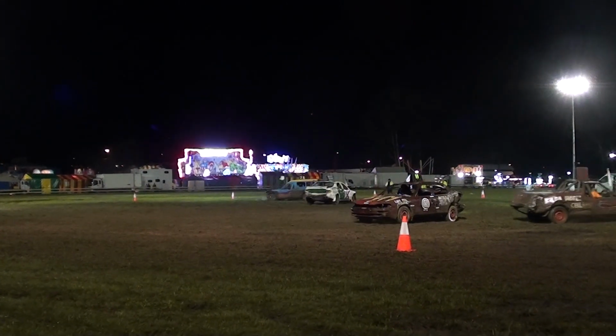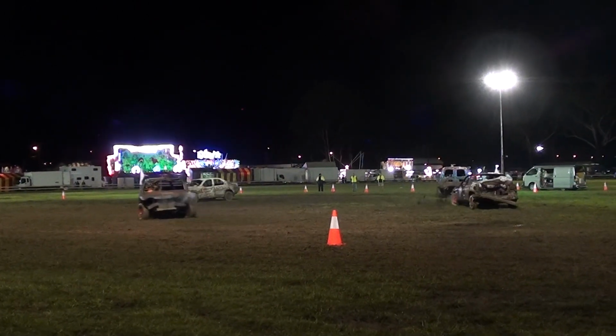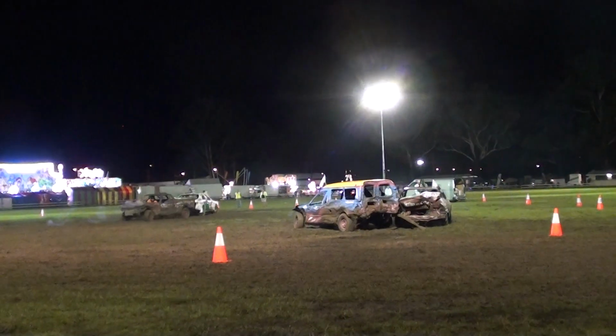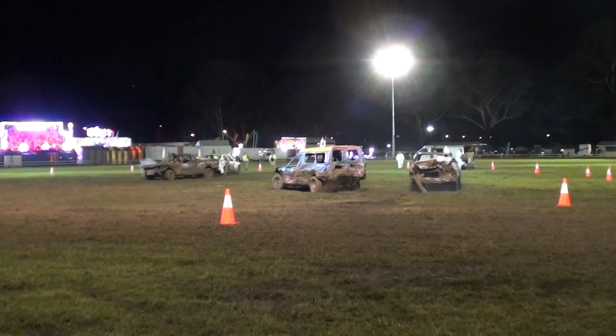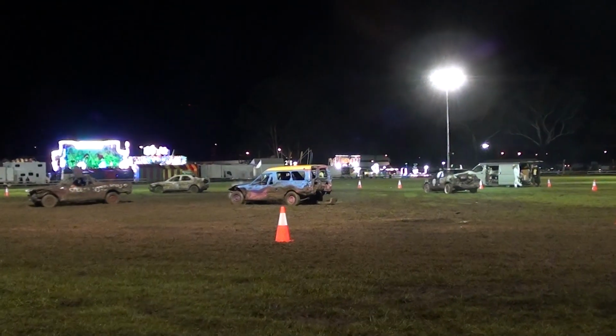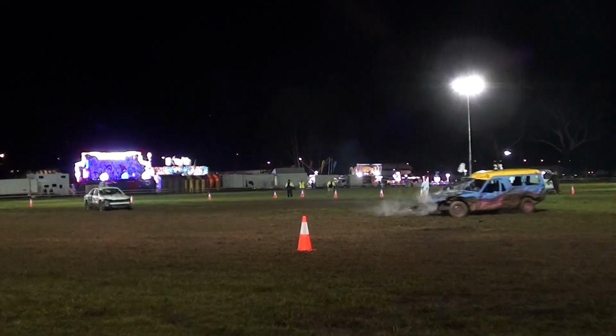The two foursomes of the cars are both the same model again, both late 90s model Toyota Camry, and quite strong old motor cars, these Camrys. All of these cars were obviously new at one stage of the game as well, and